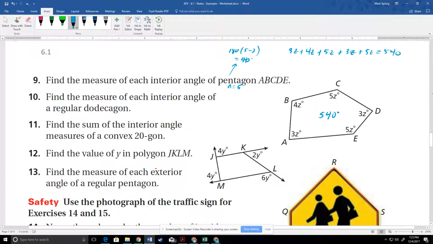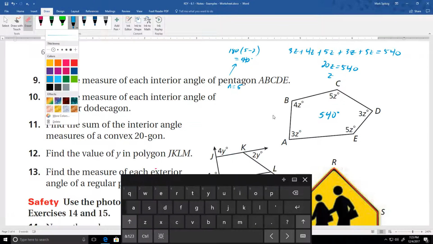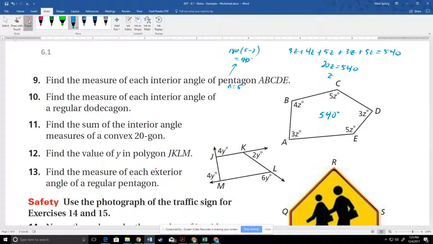And so if we know 540, let's add these up. We got 6, 10, 15, 20. I think that's it. 20z equals 540. And then we divide both sides by 20. So z equals, we're dividing by 20, we get